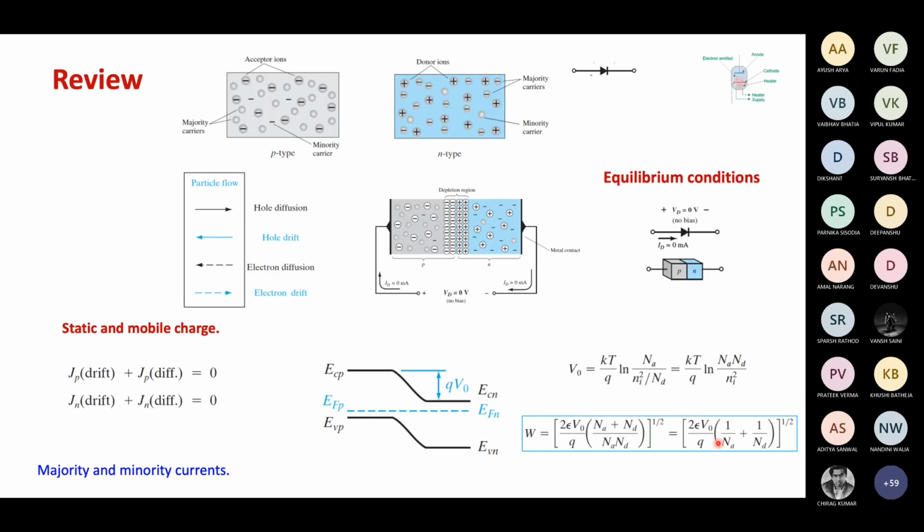So as I told you, drift current is because of the minority charge carriers. From the N side, the drift current is of the holes, and those are the minority carriers. Similarly, on the P side, the drift current is because of the electrons, and those are the minority carriers. So this drift current is generally constant. It is almost independent of the voltage actually.